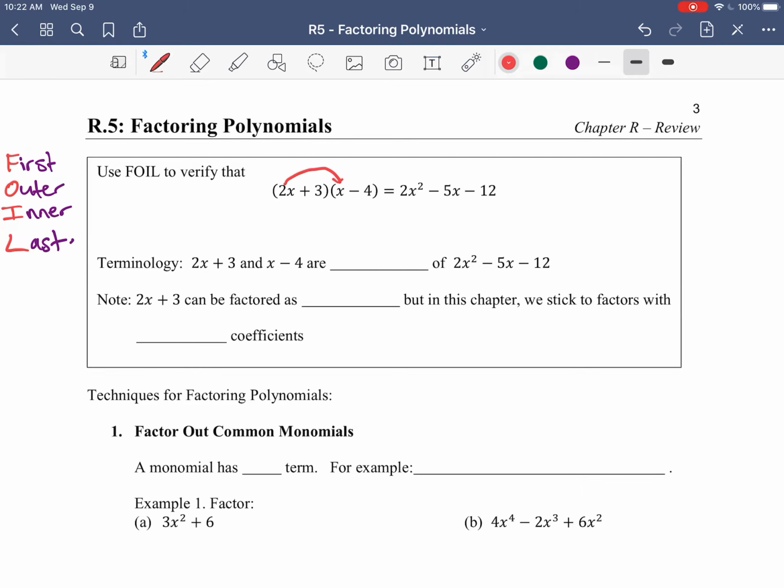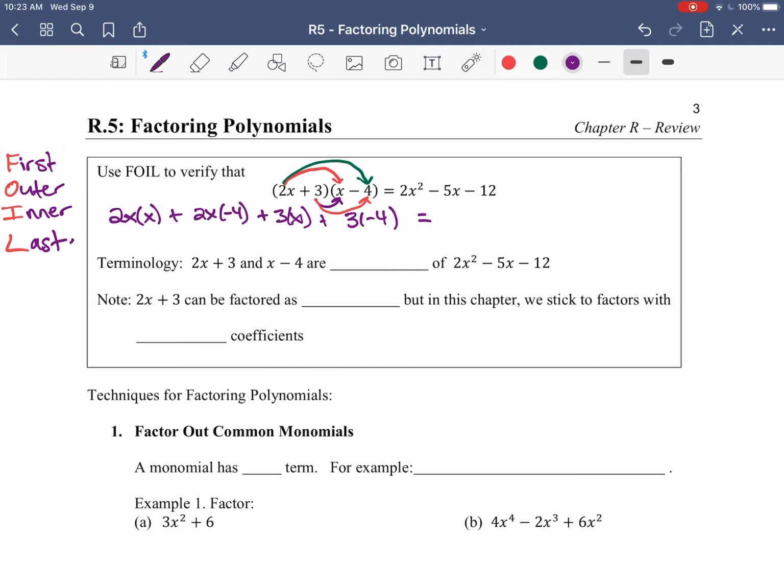So if we were to do that, we're going to have 2x times x with the first two, and then 2x times negative 4 with the outer ones, and then the inner ones we have a 3 times an x, and then the last ones we have a 3 times